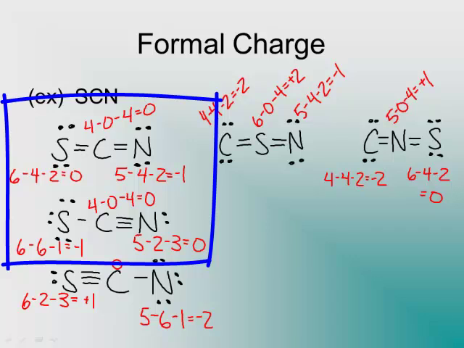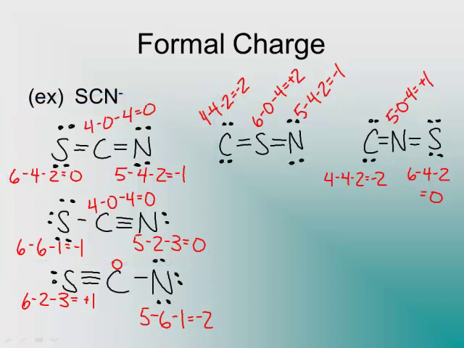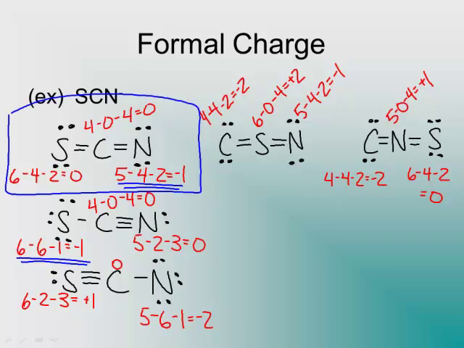Again, they both have 2 zeros and a negative 1 formal charge on the atoms. So how do we pick between them? We put the negative formal charge on the more electronegative atom. So our choices are to put the negative formal charge on sulfur or on nitrogen. Which of those two elements is more electronegative? That would be nitrogen. So the first Lewis structure that we drew, based on formal charges, is the best option